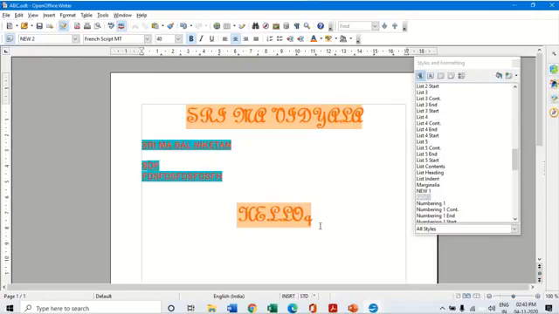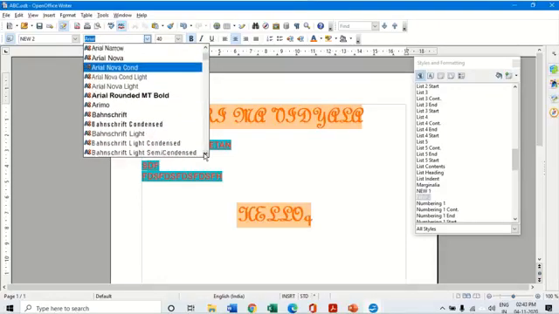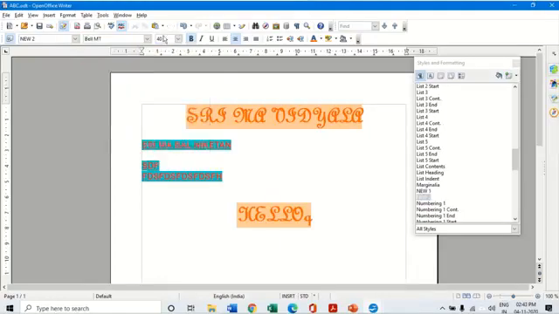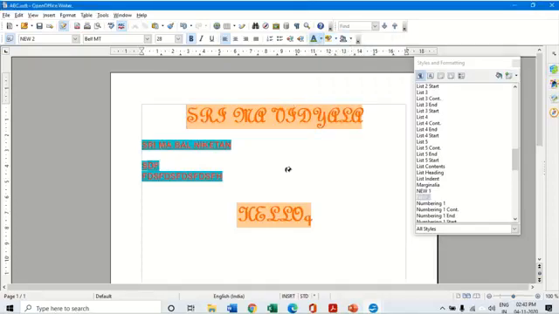Let us create a new style and then use the drag and drop method to create the style. So let me go here and I'm going to create a new style. So I'm going to select the details. So let me set the size to 28 and I'm going to keep it left aligned and maybe some particular color for the font and no highlighting, that's all.